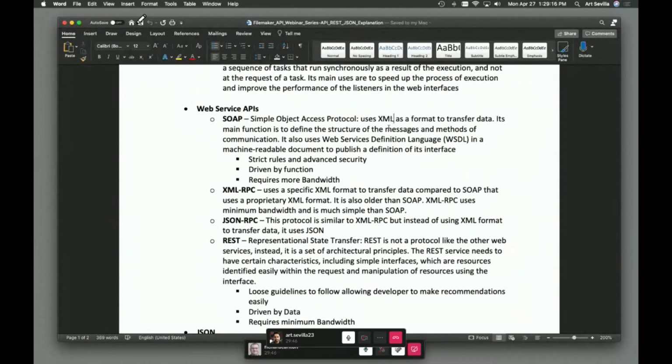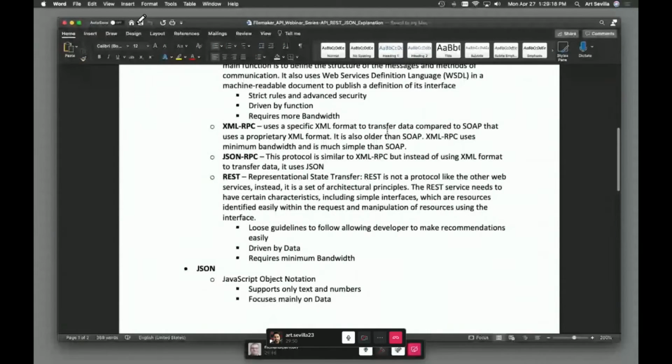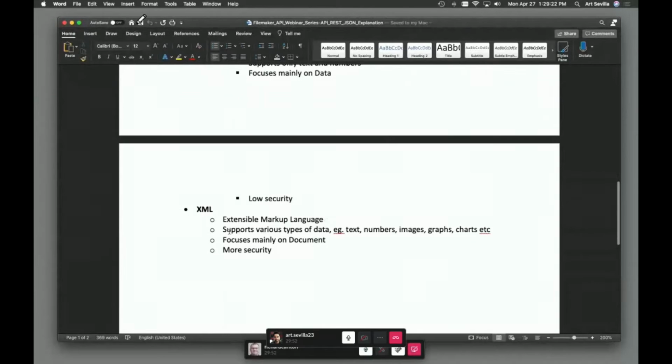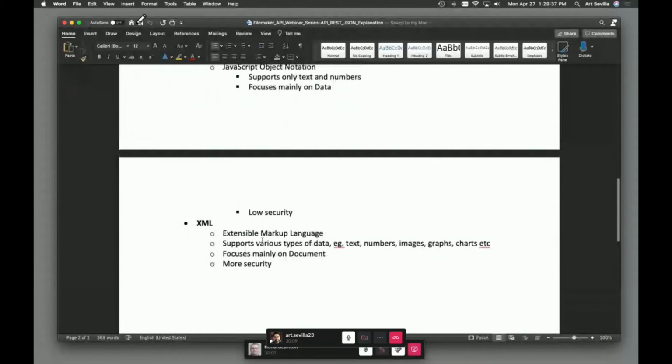XML, if you're familiar with it, is a format, and it stands for Extensible Markup Language. That format supports various types of data, so you can get text, numbers, images, graphs, stuff like that. It mainly focuses on the document itself, which is why you can put stuff like this in it. And it is a little bit more secure. Whereas